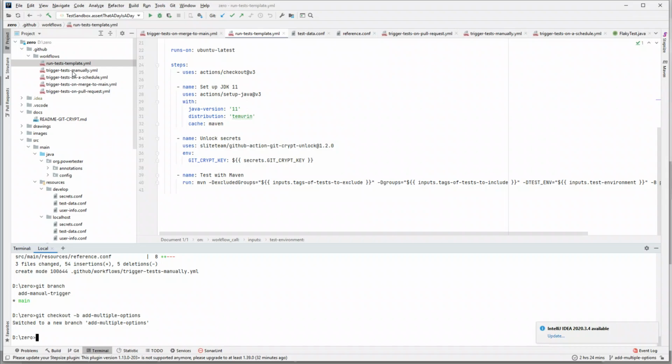So let's say every time a pull request is getting merged on develop branch, if you want to run our test on develop environment, we can do that. If let's say something gets merged in the staging branch there, and we want to run our test on staging branch, we will see how to achieve that. So I hope you learned something useful again in this video with manual triggers, and in the next video we will learn about how to trigger our test based on an external event that is